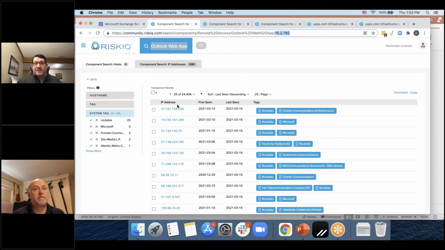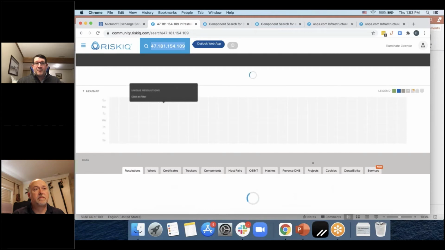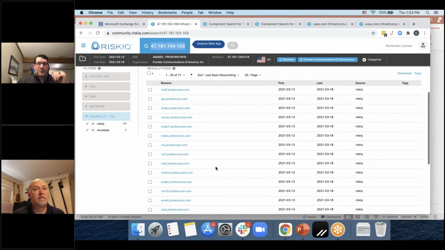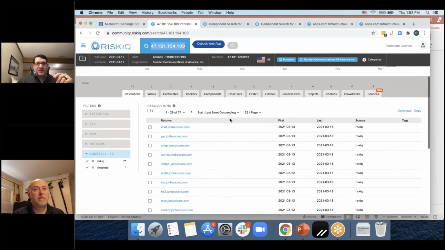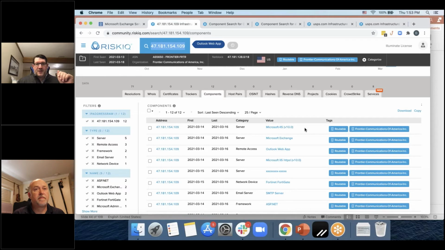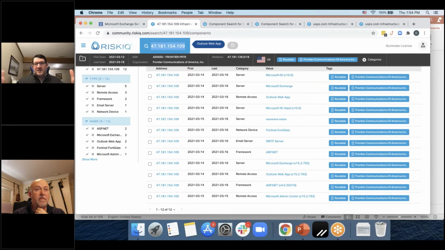If you wanted to dive into it further, you could go down to the IP address that's hosting it. We could see the domains that are being hosted on that IP address. And then again, as I mentioned, we could dive into the components too, where you're going to see it as well, right? They're using IIS to deliver the website. We see Exchange, we see Outlook, we've got Fortinet, you see the mail server. This is what a normal, healthy web page looks like. In this case, it's one that's vulnerable.